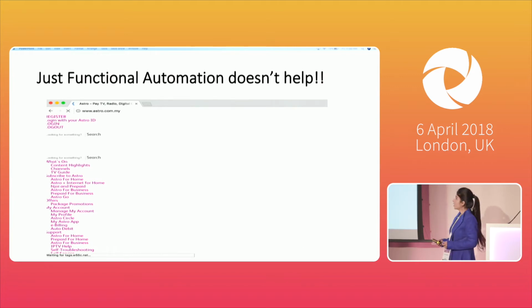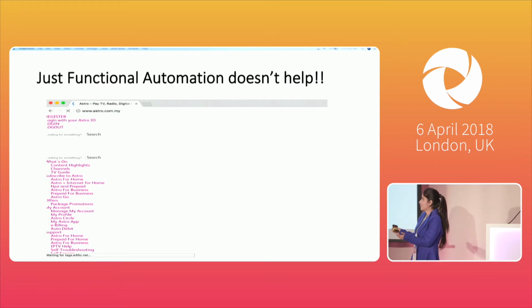Say I automate the functional flows also, but what am I missing here? This is Astro's website, and let's say I have tested everything, but the UI still breaks. Actually it's not like that, but I've just given a snapshot in which the UI is broken.